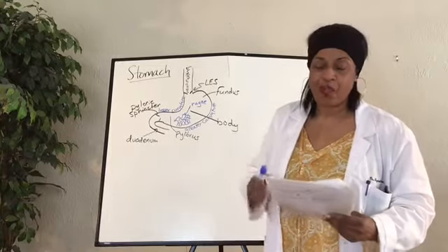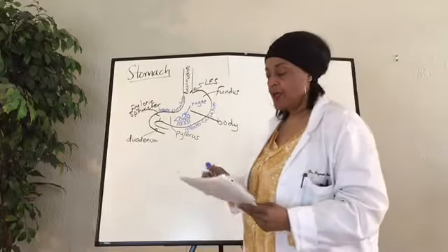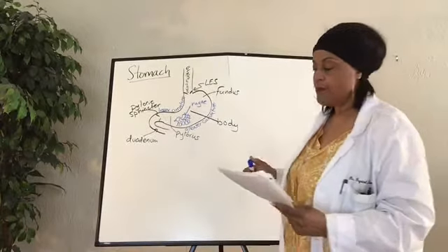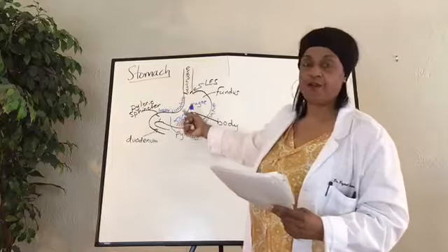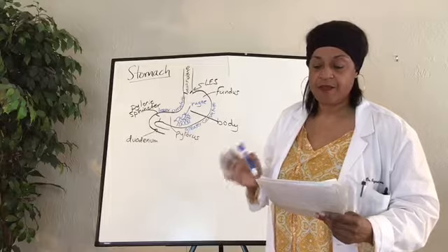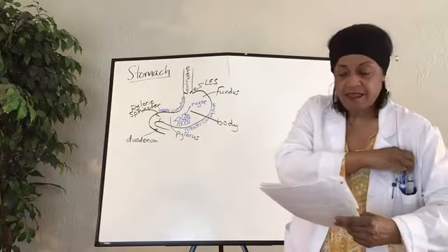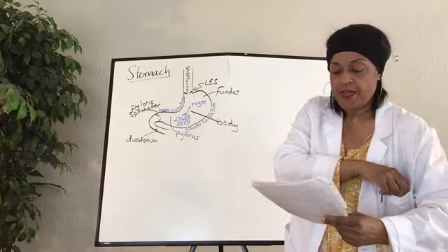I hope I remember to talk about the divisions later. I'll try to do that. Now, I talked about the rugae; these are folds of epithelium in the lining of the stomach. All right. So now, the gastric glands with three